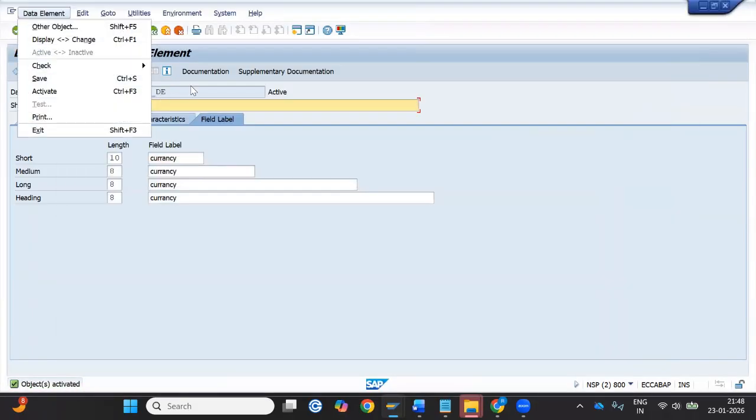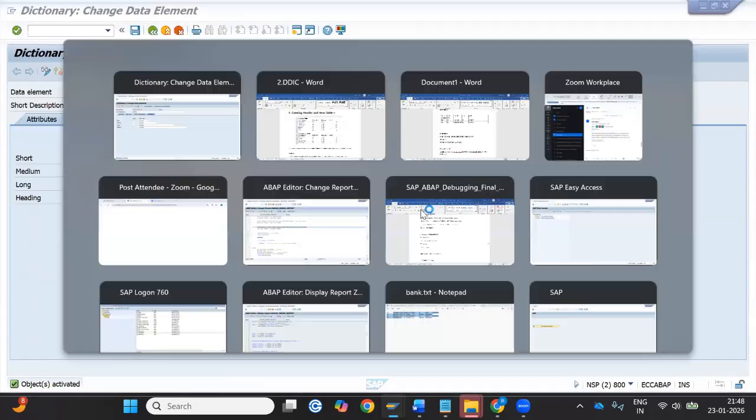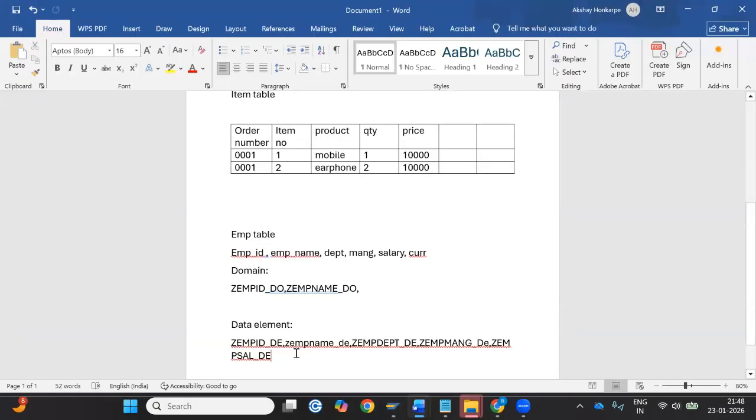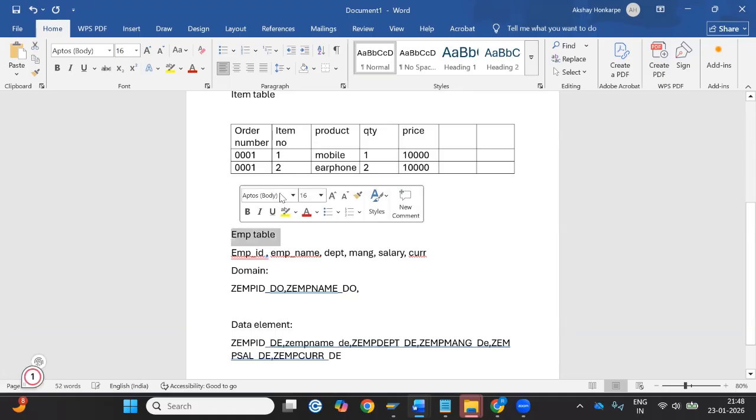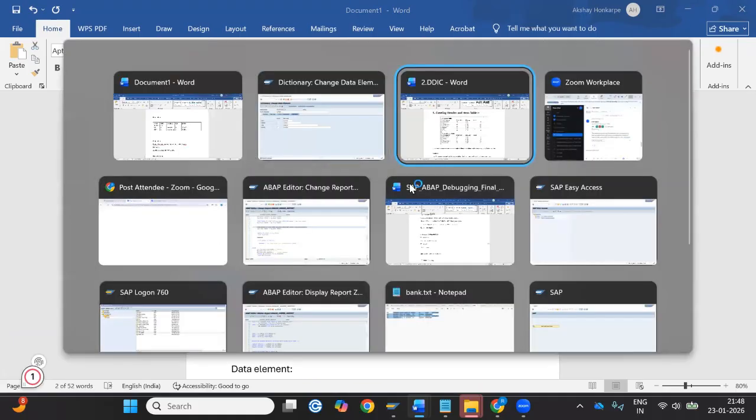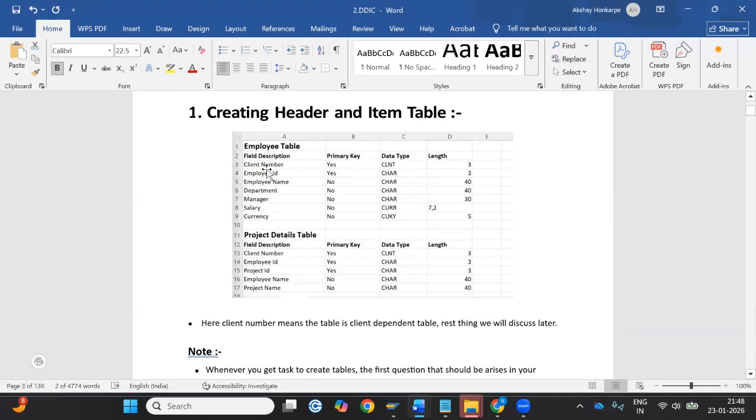हमारे जो भी data elements हैं, domains हैं, all we have created. All data elements and domains we have created for our table, हमारी जो भी requirement है. First of all, we will see how to create our this table. First header table, we will see how to create it. After that, we will go for